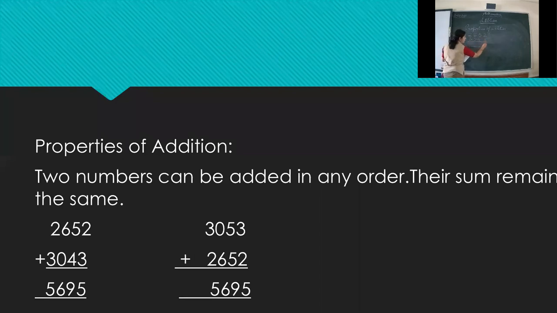If you do 2 plus 3 is 5. Now I am not doing step by step. You can do the addition on your own. 5 plus 4 will be, yes children, 9. You do by forward counting. 6 plus 0 is 6. 2 plus 3 is 5. So your answer is 5695.